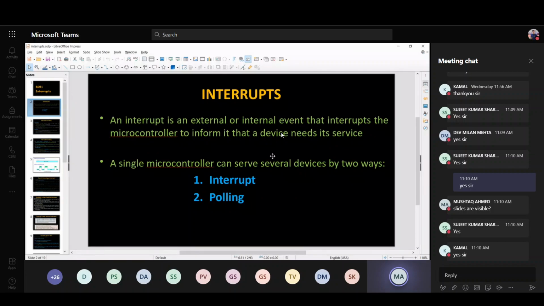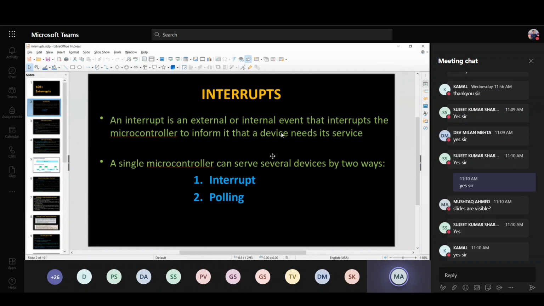Whenever there is an external interrupt, it means any peripheral device connected to your microcontroller chip. It can be a hexa keypad, an external timer, a seven segment display, or a normal keyboard or mouse. Whatever external device is connected to your microcontroller is called an external peripheral device. If an external device wants to communicate with your CPU, it generates an external interrupt. And if any internal component or internal device wants to communicate with your CPU, it generates an internal interrupt.